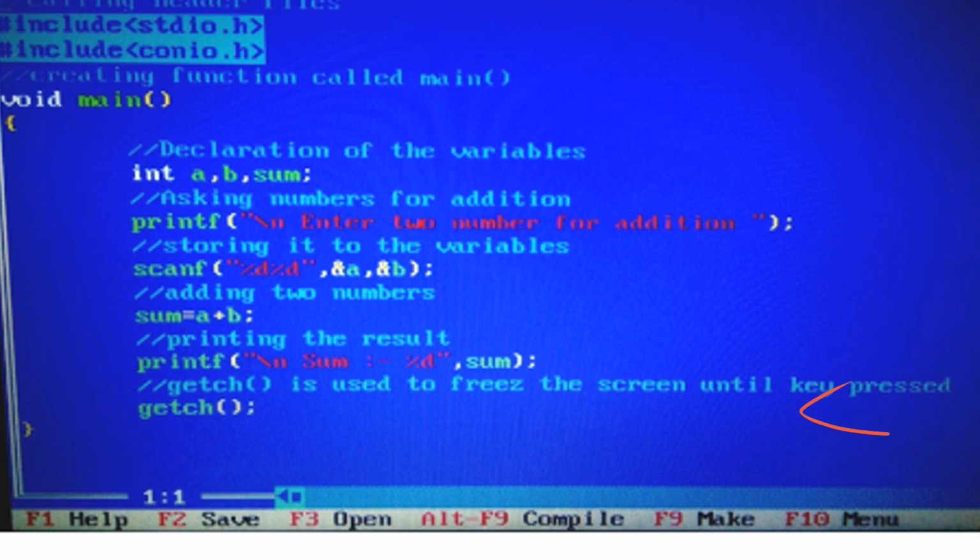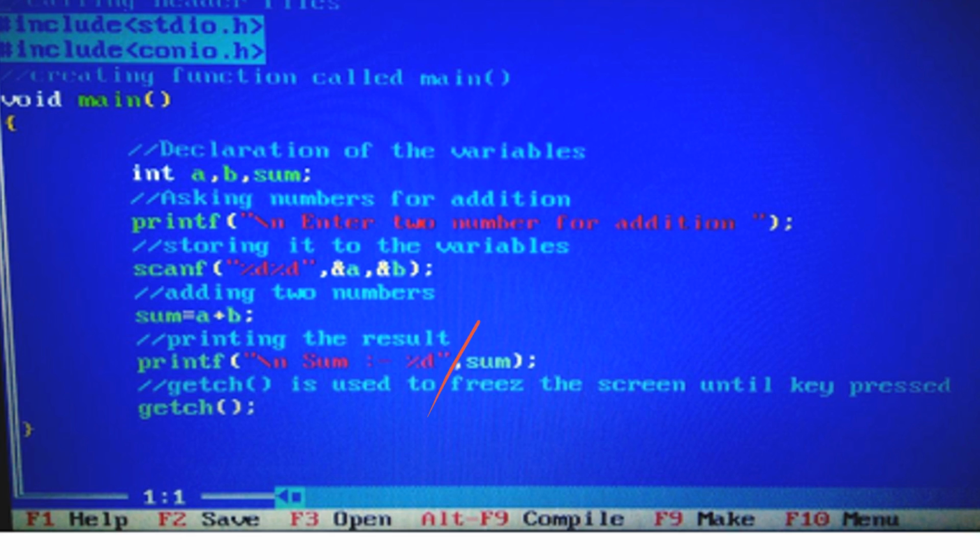Now I have declared a variable sum in this line. What sum will do: the a and b variables get added, and with the help of the equal to, the assign operator, the value is placed in the sum variable. Now the sum variable will contain the addition of 10 and 20.